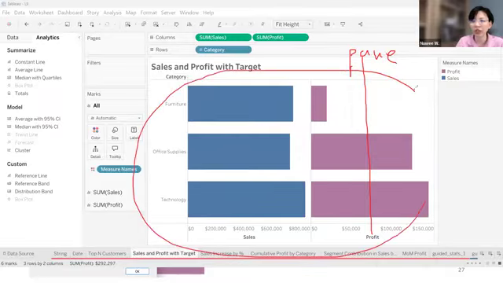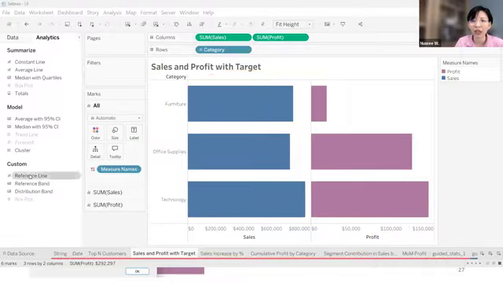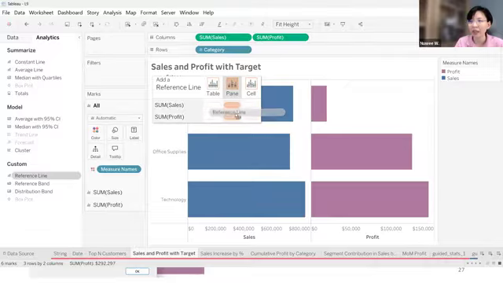The whole thing, this is called a table. So this is sales pane, this is profit pane. I want the reference line to be in profit pane only. Okay, so what I need to do is that I need to create reference line here for the pane, but not sales, only profit. So I will hover my reference line into just the pane that has the profit, some profit to be orange